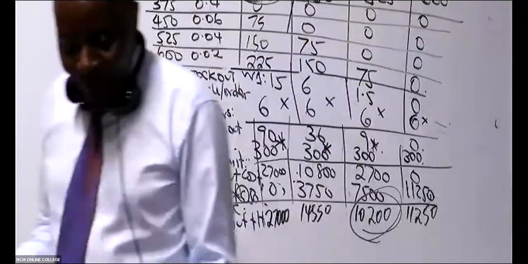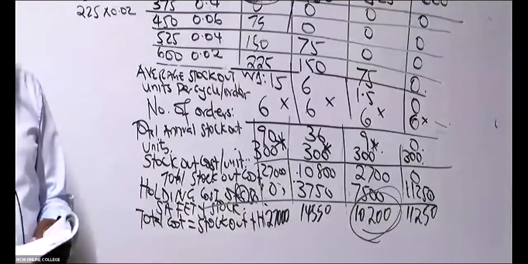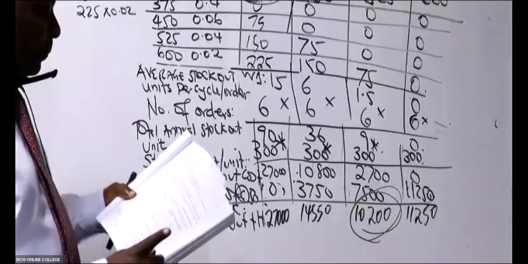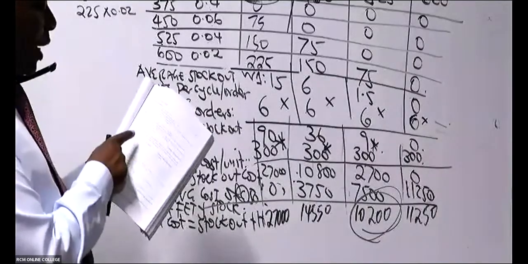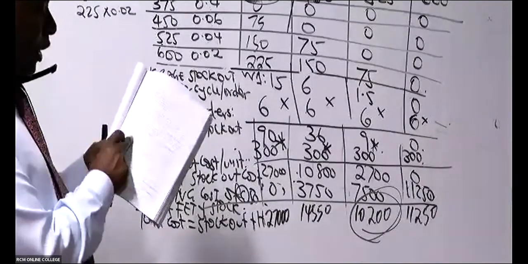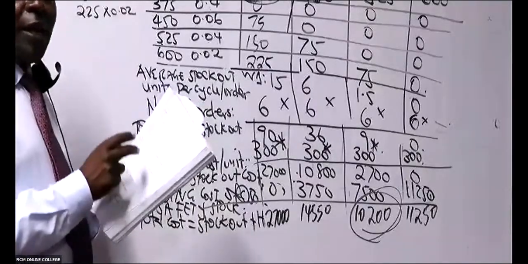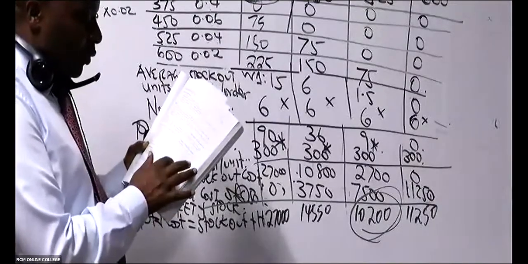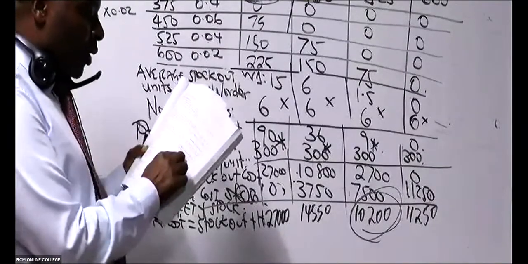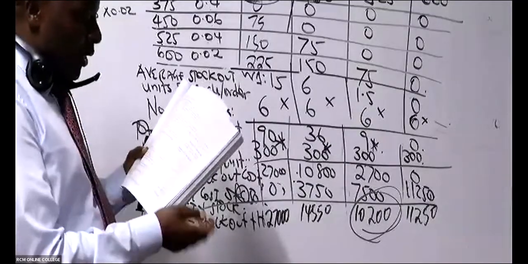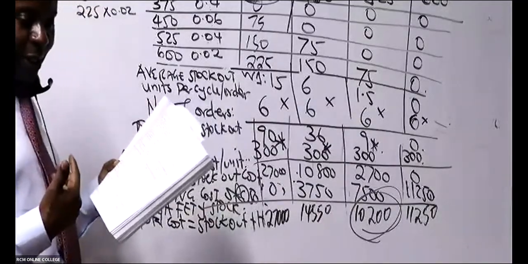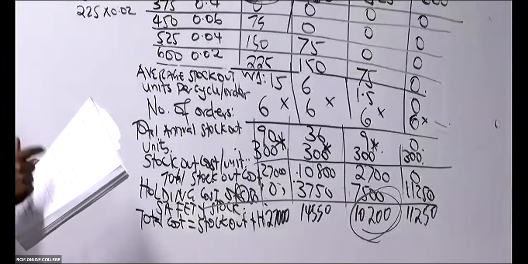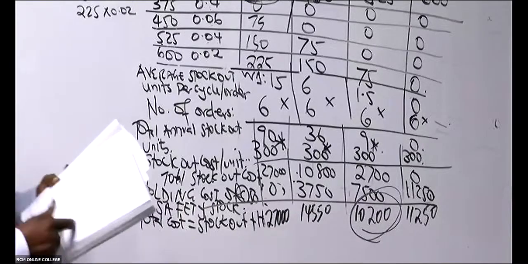As I explain to this student how we got, first of all, the probability. You see my friend, the one who came in later, they have given us usage, 225, 300, 375, and they've given us the number of times. Those number of times are our frequencies. We add the total frequency, which we got as 50, and then to change them to fractions, we took 9/50, that's the probability, 15/50, and so forth. With the video, I'm sure you'll be able to see how we came up with those probabilities.